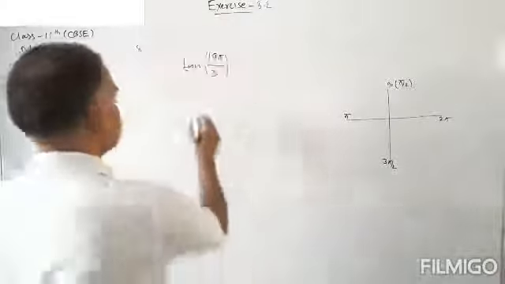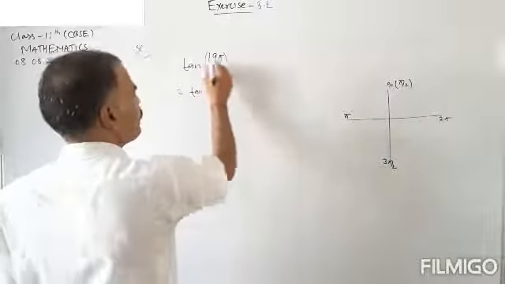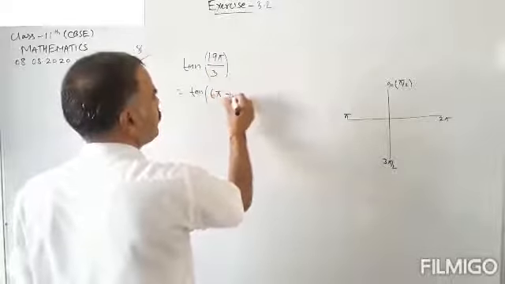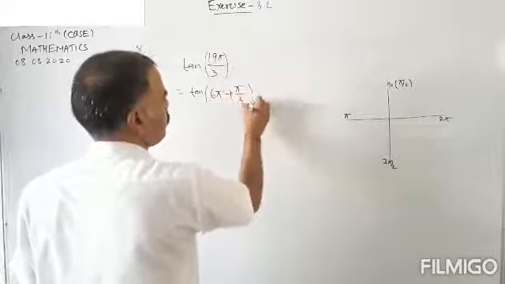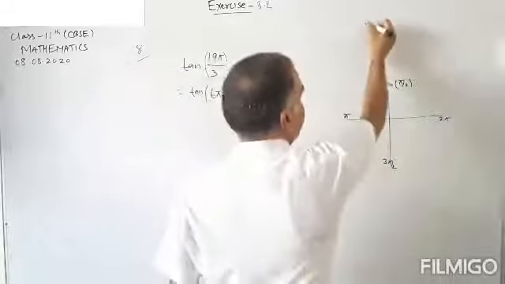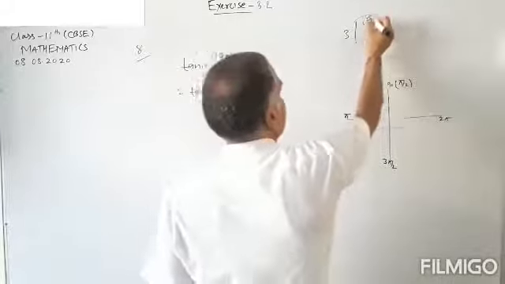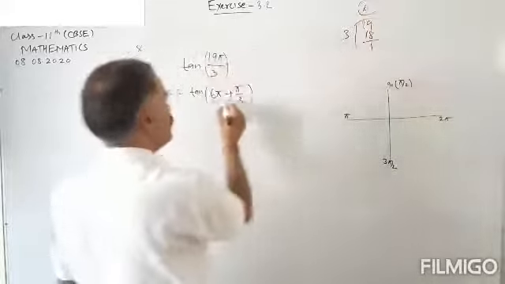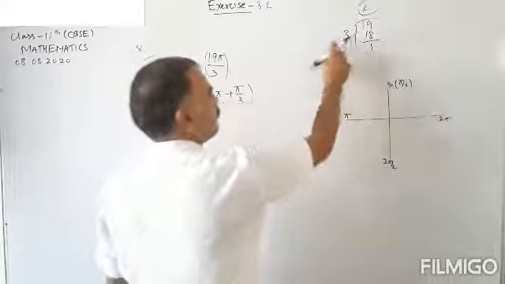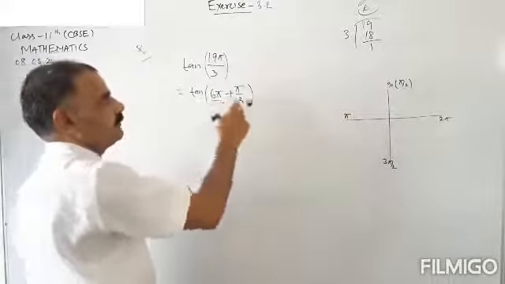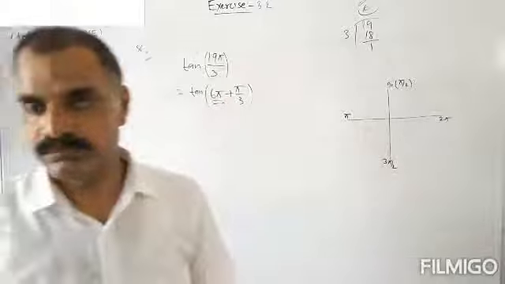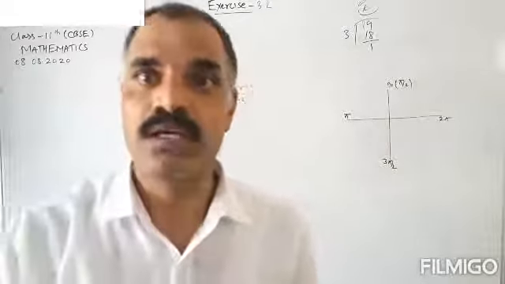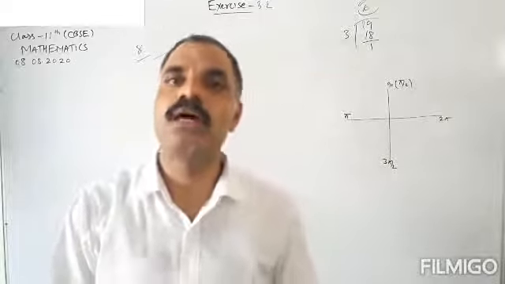So this is equal to 19 divided by 3. 3 sixes are 18, plus pi by 3. When we divide 19 by 3, 3 sixes are 18, remainder 1. So 6 is complete, and then 1 by 3. So 6 pi plus 1 by 3 pi, that is 6 pi plus pi by 3. It should be clear to you, then we will move forward to solve the question.